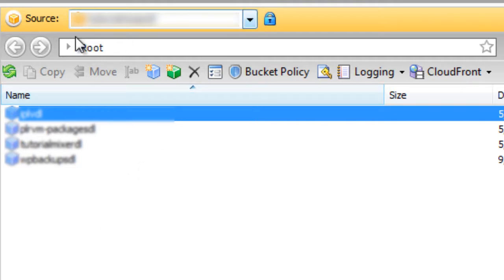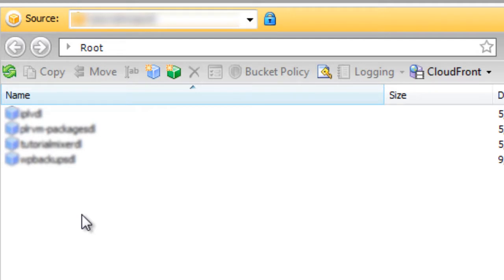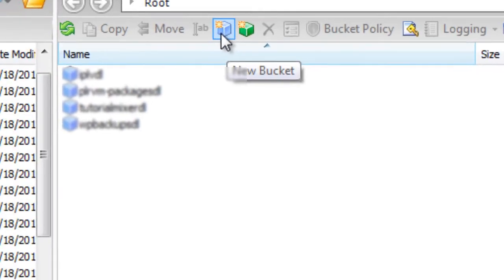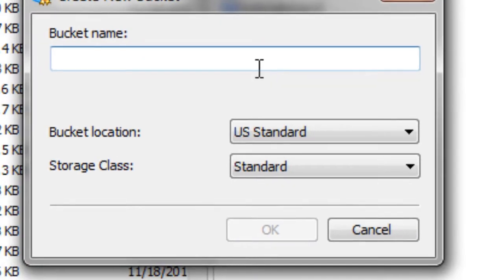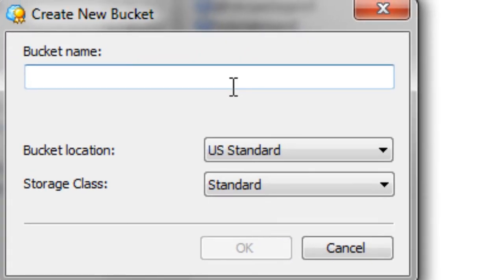So assuming you have clicked the source, you've chosen your Amazon S3 main account, you will see the buckets here. Now, as you can see, I have 4 buckets, but within those buckets, I've got a lot of files. Now, to create a bucket, it's easy. All you have to do is click on the blue square icon. Then we create a bucket name. And keep in mind that you want to name it using a naming convention